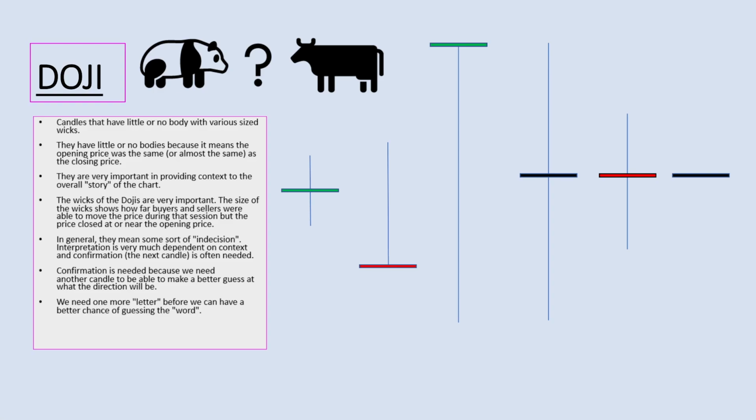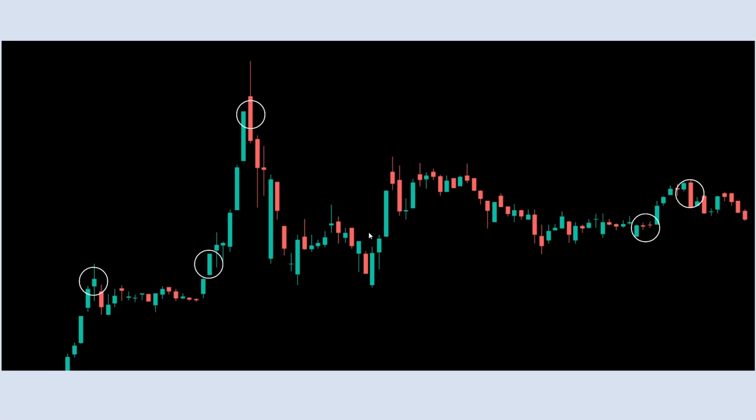We need one more letter, right? So remember that down example I gave you? It's kind of like, oh, we got a blank here and we need one more letter to make a good guess at what the word could be. All right,